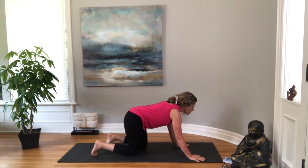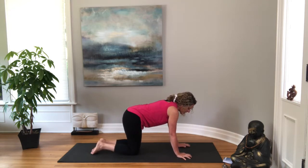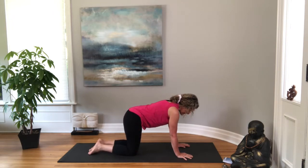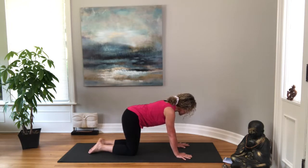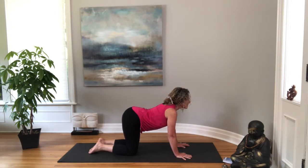Just getting your hands under your knees. So wrists are underneath the shoulders, knees are underneath the hips. And let's do a few cat-cows here just to see how the spine is feeling. So as you exhale, rounding your back. And inhale, letting your belly sink down as your